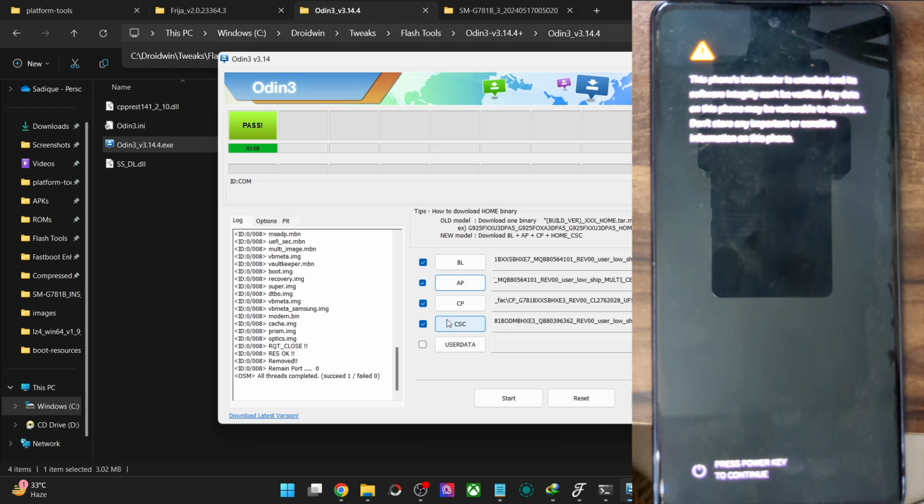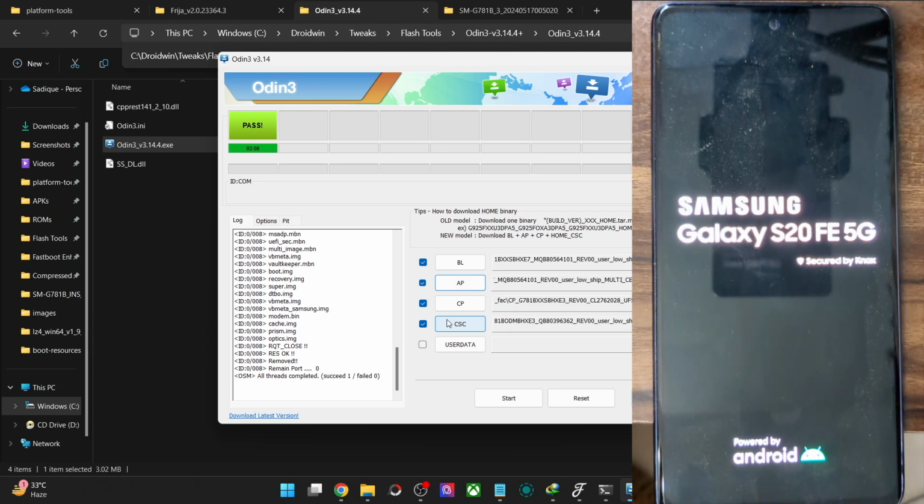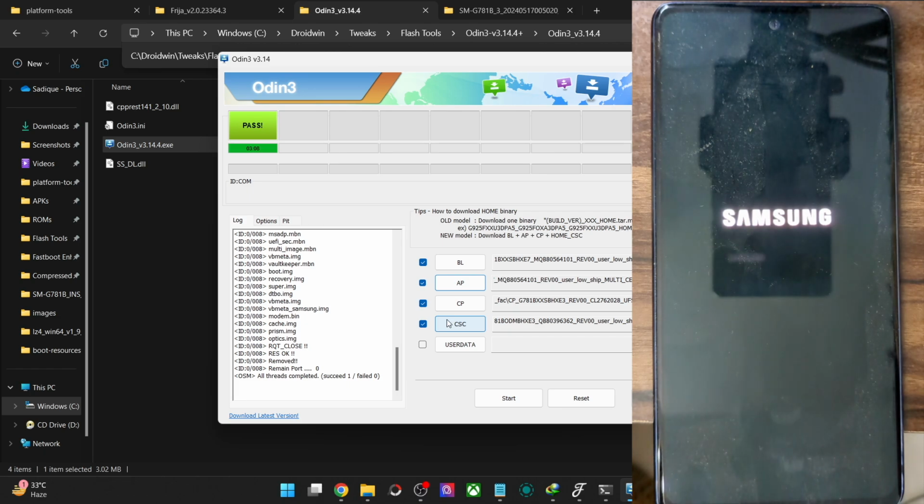So as I have told you in the beginning, there are a few cases in which your phone might not boot to the OS unless you have done a reset, and it turns out that was the case with my phone as well. In my phone I have TWRP recovery installed, so it might have caused a few conflicts, or I have quite a few tweaks and customizations installed as well. Any one of them might cause an issue. Since we are not in the stock ecosystem, these issues are quite normal and nothing to worry about.